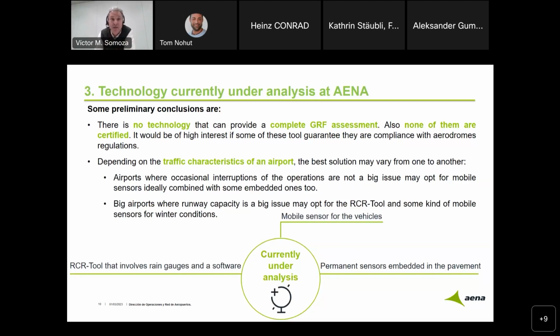By now, depending on the traffic characteristics of the airport, what we are considering is that there are 2 types of solution. First of all, airports where occasional interruption of the operation is not a big issue may opt for mobile sensors combined with some embedded ones. But big airports where runway capacity is a big issue may opt for the RCR tool and some kind of a mobile sensor for winter